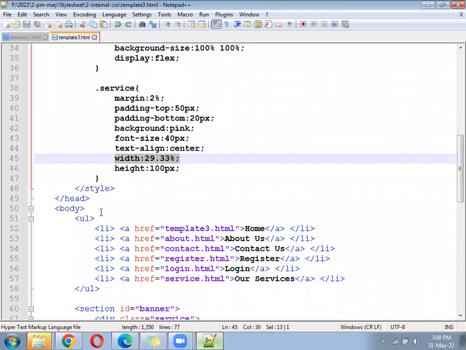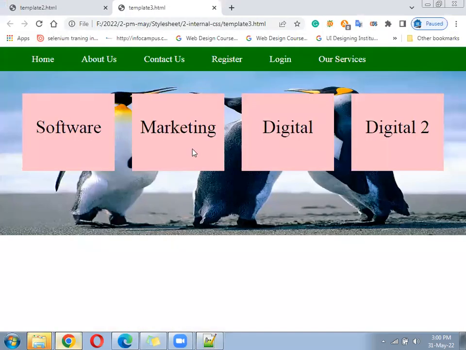But in fact, what happened is 4 divisions got occupied here. Now it is not working on the 33% formula. It is working on total area divided by 4.